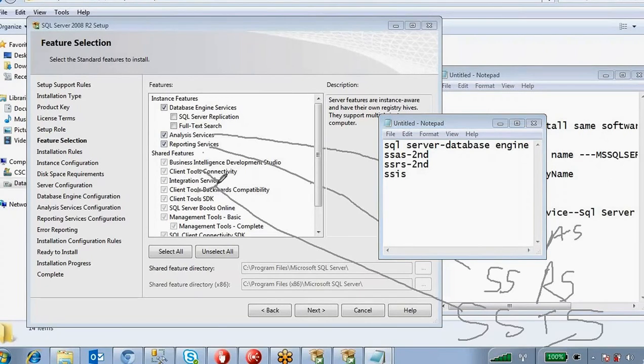That's why it comes under shared features. Shared features means whatever components come under it are shareable, and are not installed every time. The features installed for each instance are only the database engine, Analysis Services and Reporting Services.